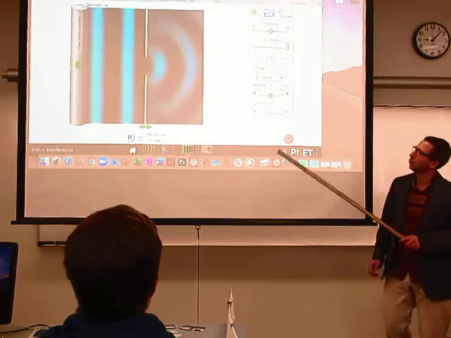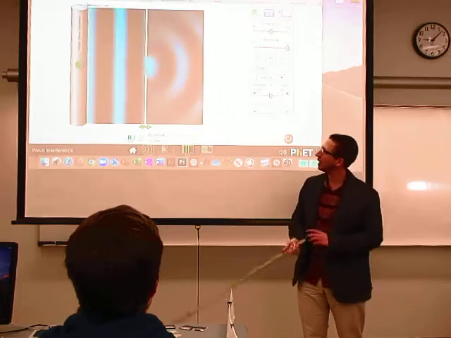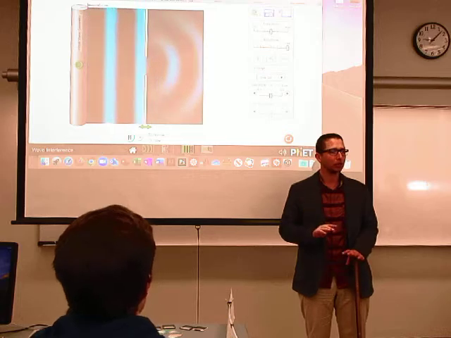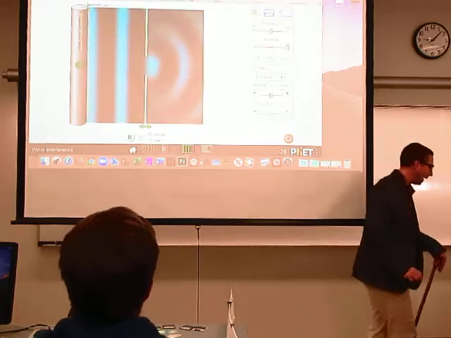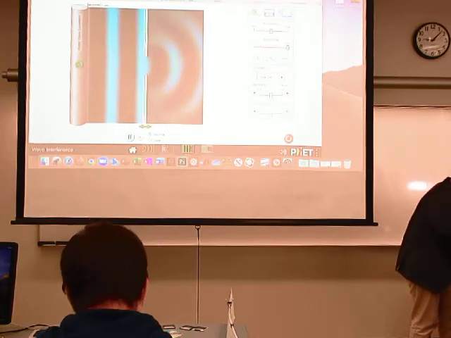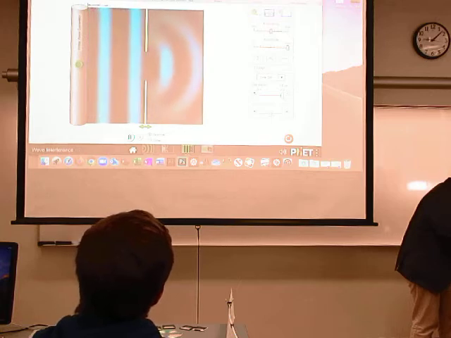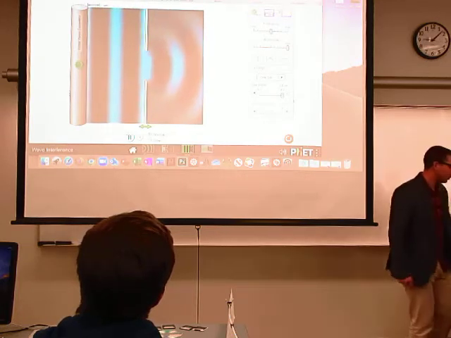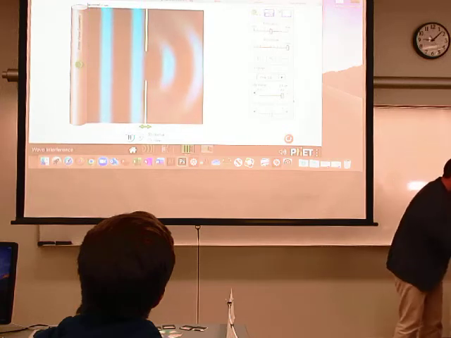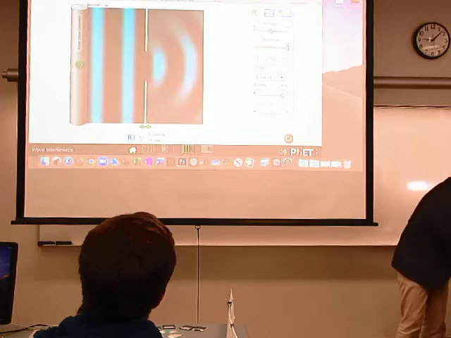If I have just 1 slit, you can see that what happens is this wave, when it encounters that small opening, it starts to spread out. Okay? And this creates a diffraction pattern. So I could, again, change the size of the slit. There are very interesting things happening right at the edges of the slit. But if I make the slit really, really wide, versus,